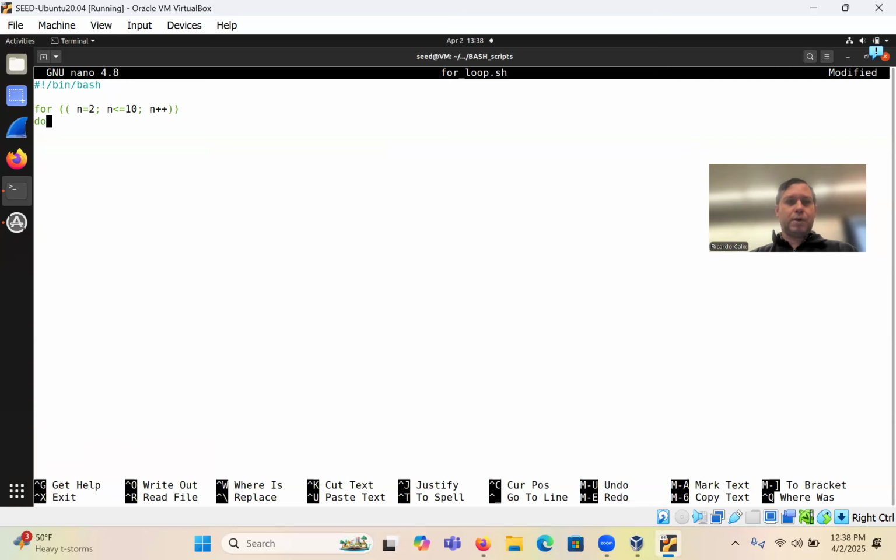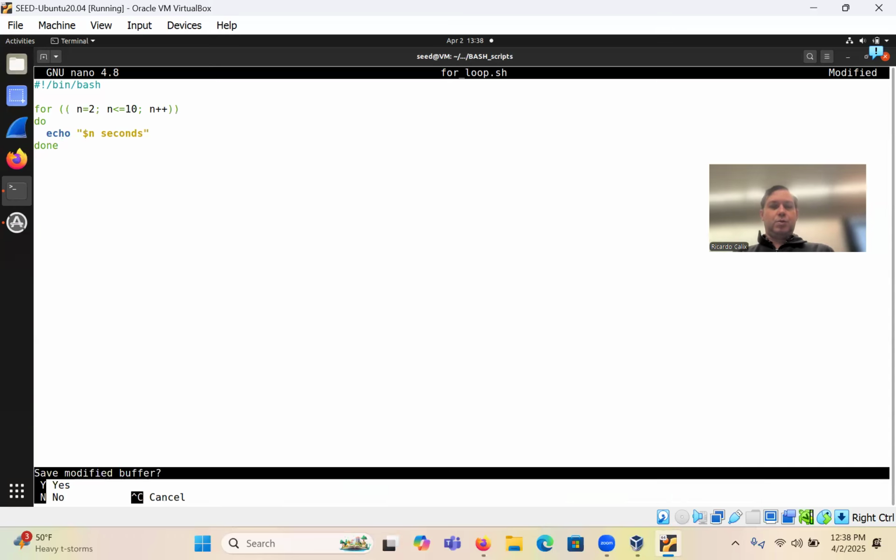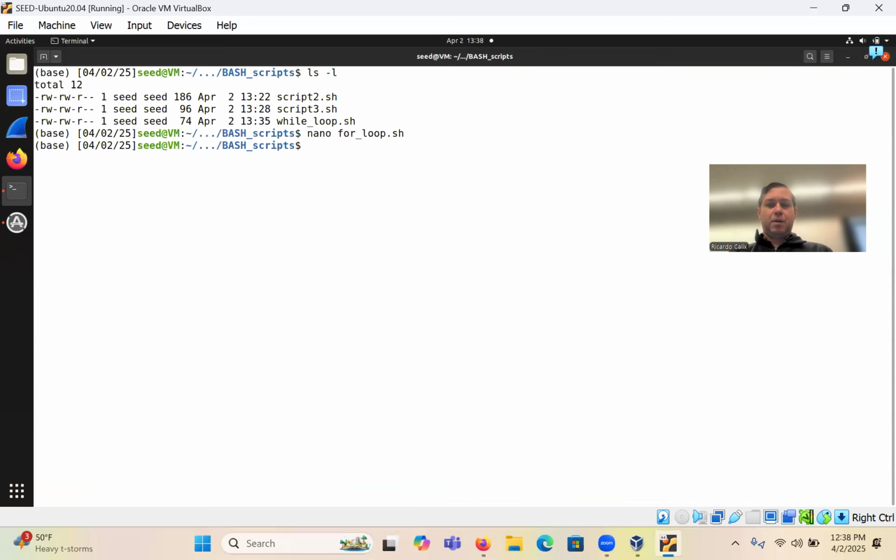Then we do, then you do echo. Again, we use the $n and seconds or something. Okay, so then we can close. Finish, print from 2 to 10, but using a for loop. So we're going to need to use bash here.